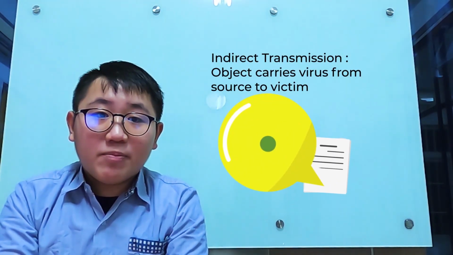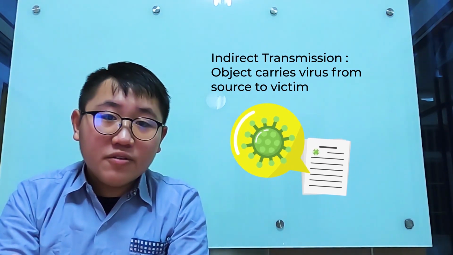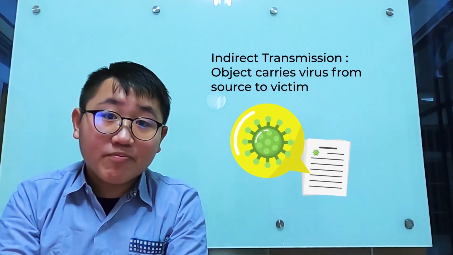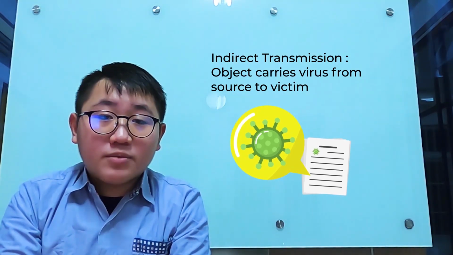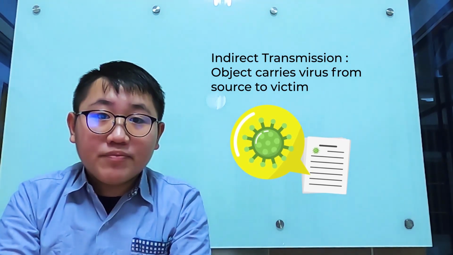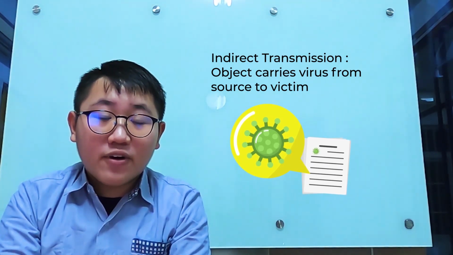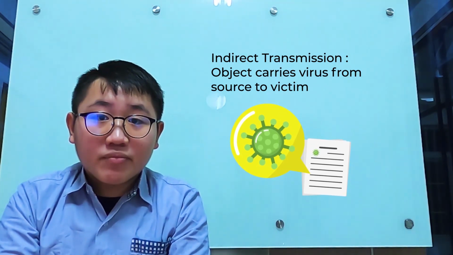Indirect transmission means that the virus is carried by a host, like an object, before reaching another person, infecting them. These objects are such as household items that an infected person touches. COVID-19 stays alive for a certain amount of time before completely dying. That's why we must always clean our surroundings before we go.